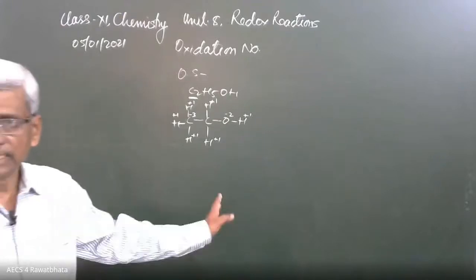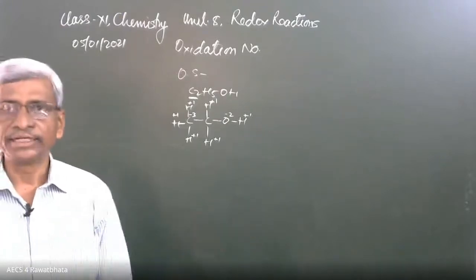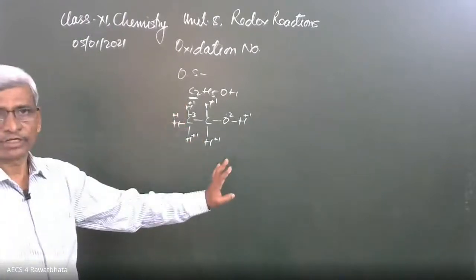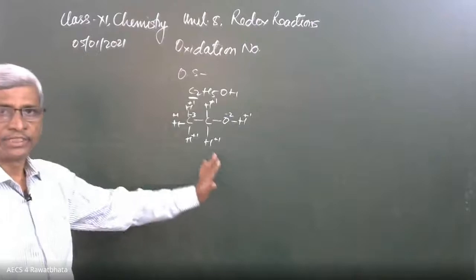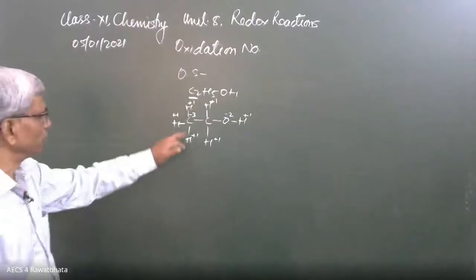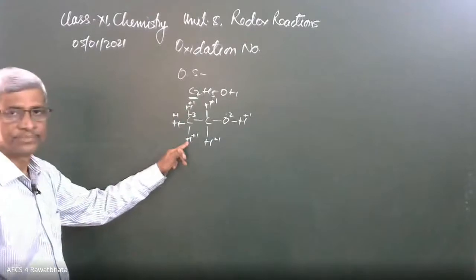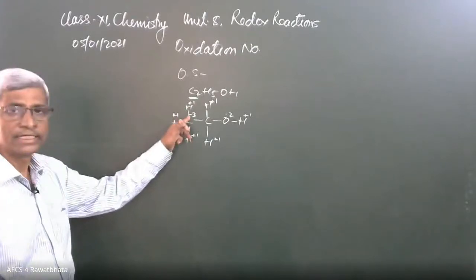Is it clear now? This is the way to decide in carbon compounds. Draw the structure, it is not difficult, you can draw it easily. You have studied about the geometry. Okay. So here around this carbon, there are 3 positive oxidation states. That's why the carbon contribution is -3.